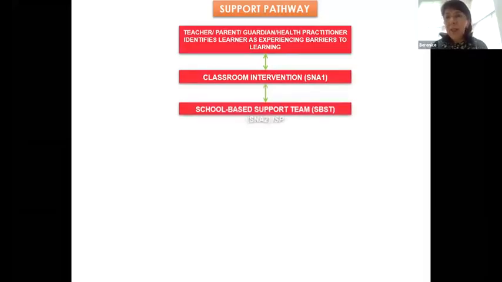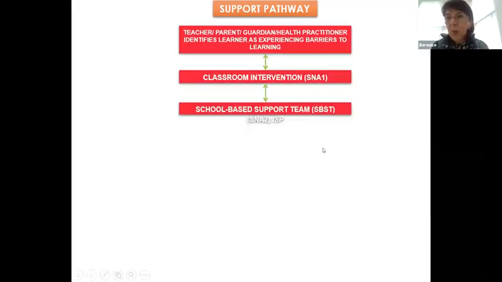After a while, the teacher might find that the learner is not really benefiting or not progressing as desired. So then the teacher can ask for a school-based support team meeting. I realize that not all of you are from South Africa, so you might not all be using these documents that I'm going to mention, but let's just see what the principle is. It's important for the teacher to document what he or she does in the classroom and what he or she knows about the child. So that is your SNA1, which we'll look at in a moment.